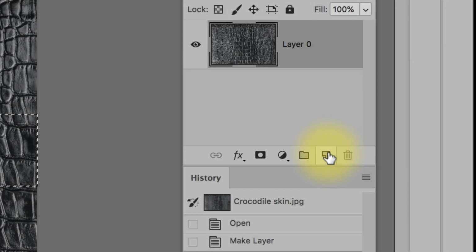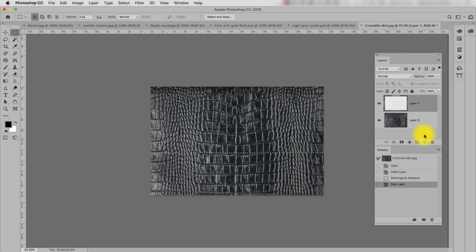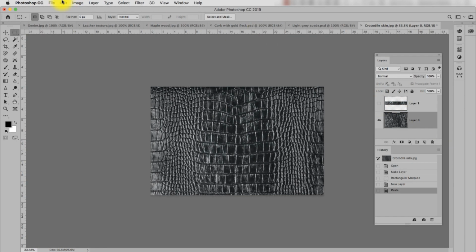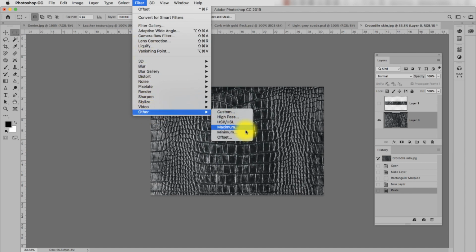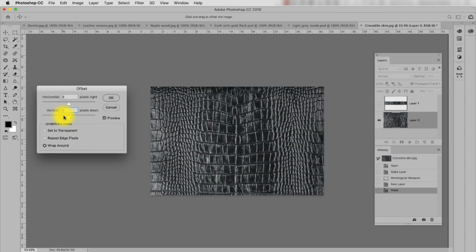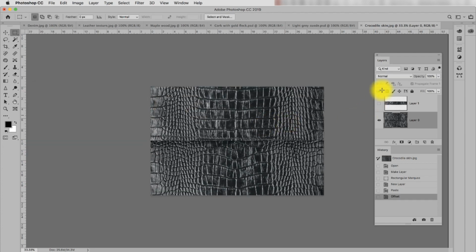It is the same symbol we have in Illustrator for a new brush or a new swatch or whatever it is you want to do that's new, and in this case, in Photoshop, it's a new layer. I'd like to paste the copied piece into the new layer. I must remember to click into that layer in the Layers panel, and then Command or Control V to paste it. Now I'll make this layer, the top layer, invisible. Select the bottom layer and offset it up and down only. I put a value of 0 in the left to right offset. Can you see that very strong line?